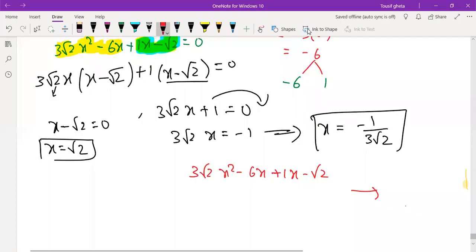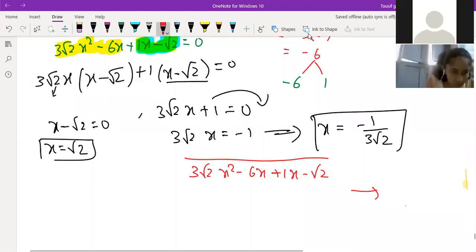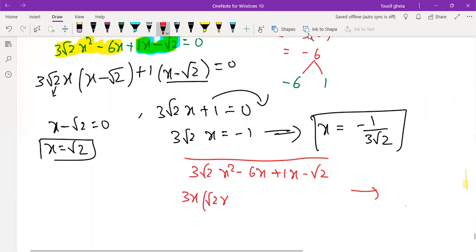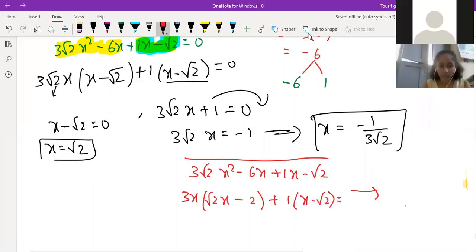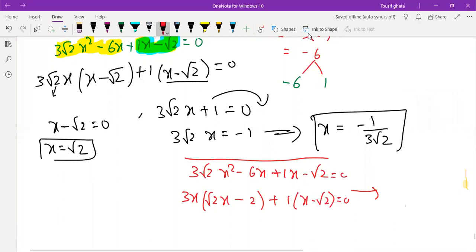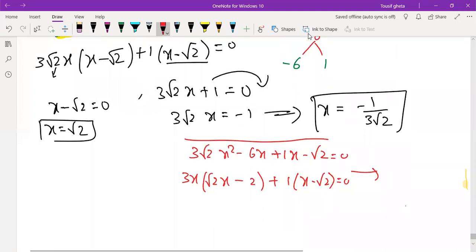So what will the student have doubt in this? Like, okay, sir, you said 3 common, 3x is obviously understood. Here root 2x, perfect. Here 2, that is okay. Here 1 is okay and here x minus root 2 also we understood. This was clear. But now the problem is, sir, here it is different and here it is different.